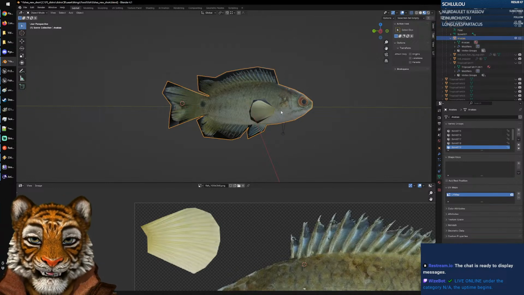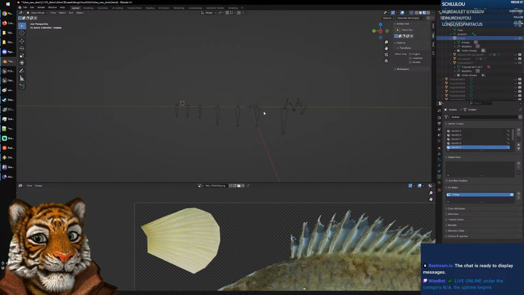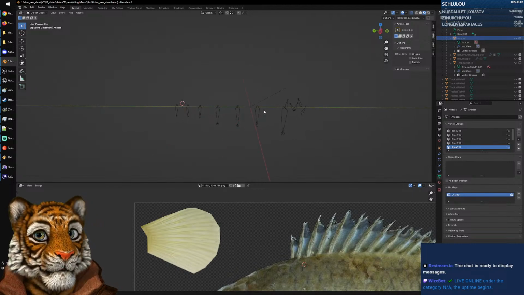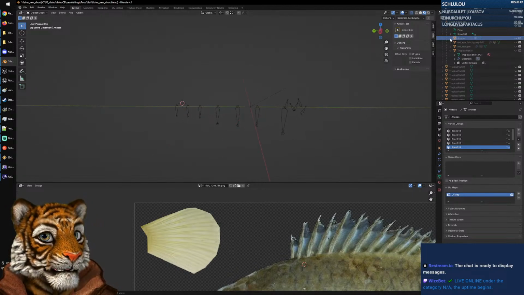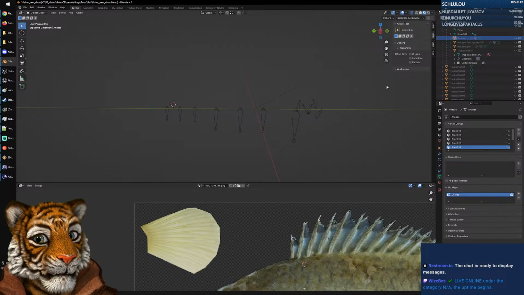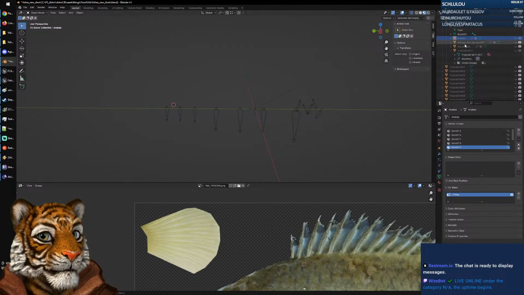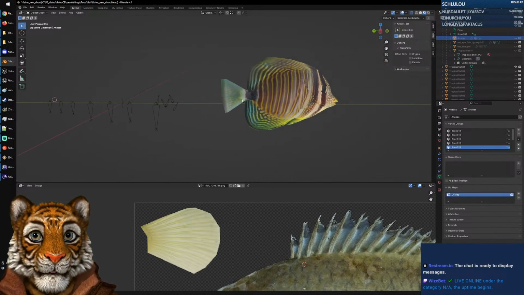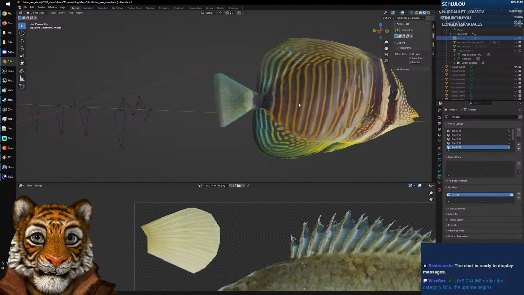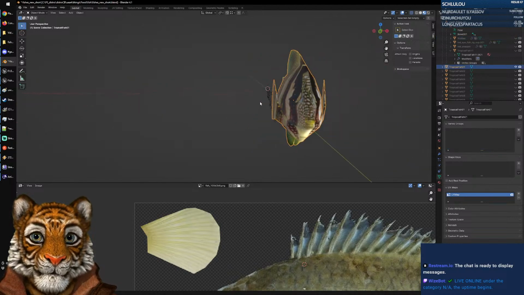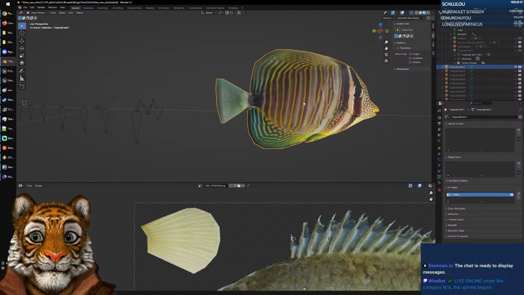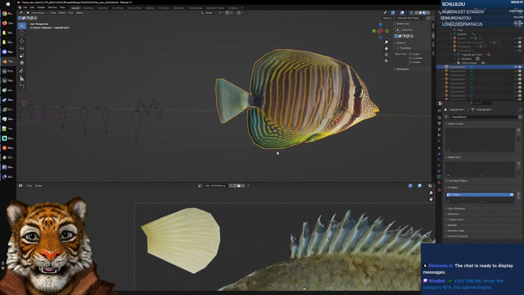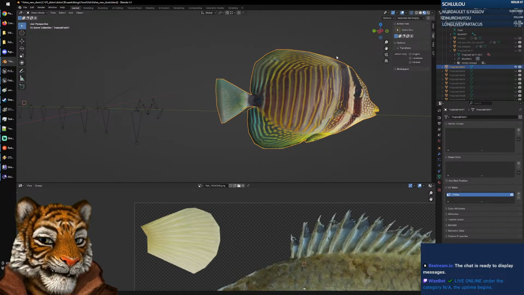But anyway, this guy is done, so we can hide it. Who's next? I think we can go one by one. There is no particular order, right? Just looking a bit at the geometry and again at the texture itself, because I see that they have cut off a lot of the